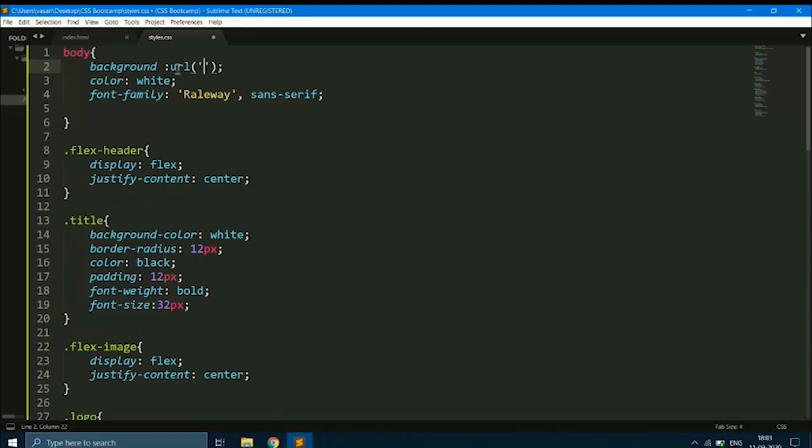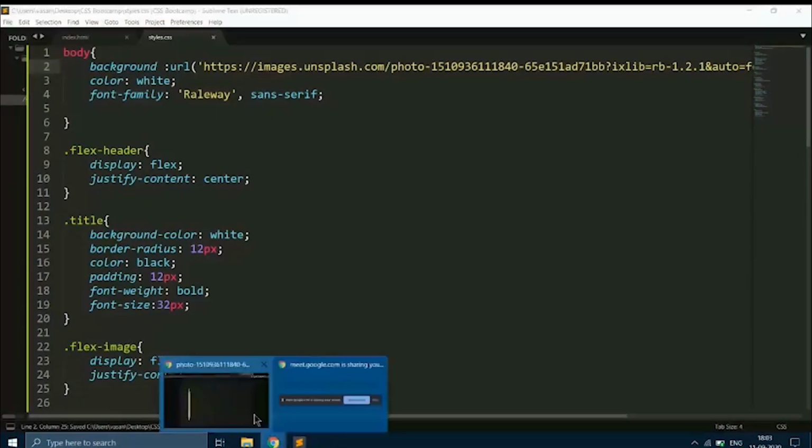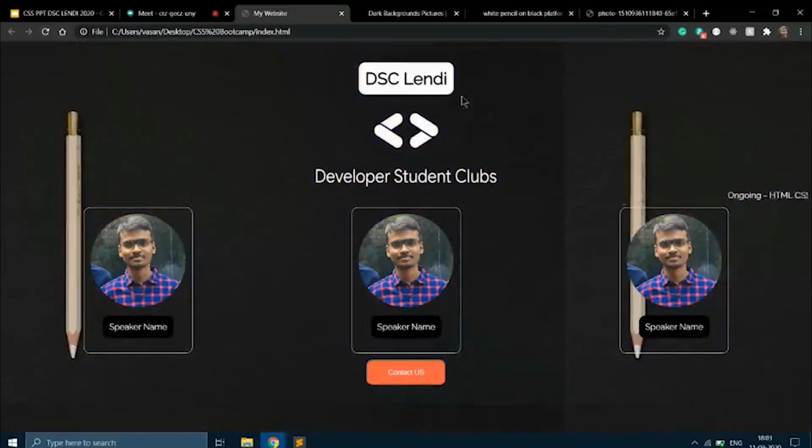I'm going to use this method url, and I'm going to pass this URL here. So when I save this and run the site, you can see the image has been applied to the background,